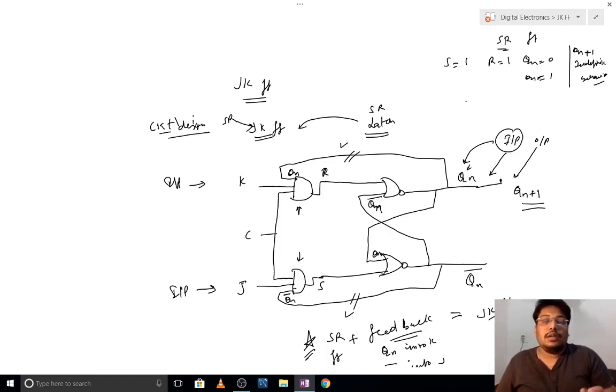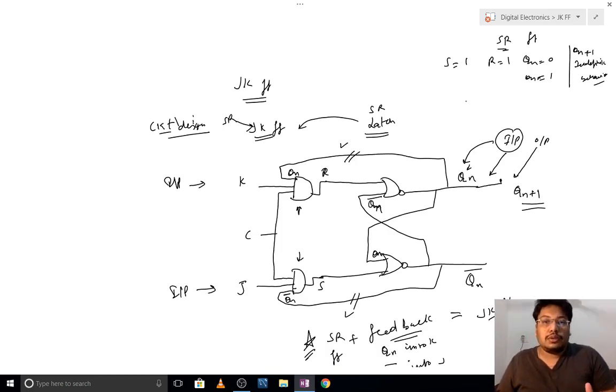Why? Because let's say what a set does: if set is 1, it means the output must be 1. And what reset does: if reset R is 1, then the output must be 0. As an example, let's say you are on a web page filling a form, and when you click reset, all the values you have filled in the text boxes will be flushed out.